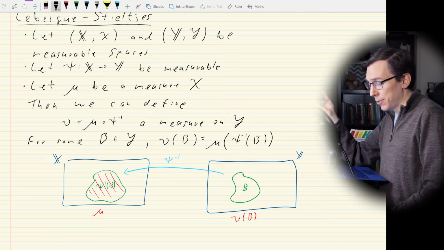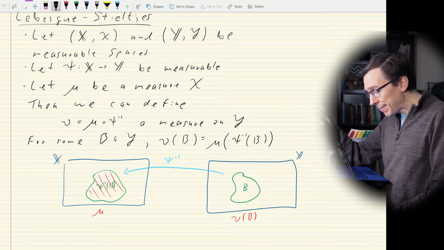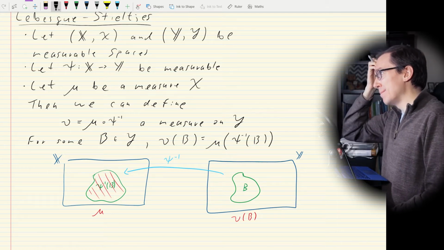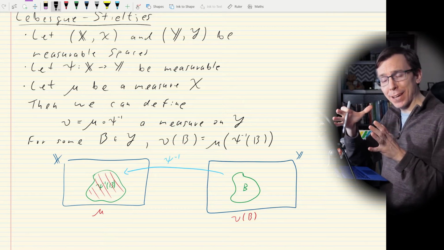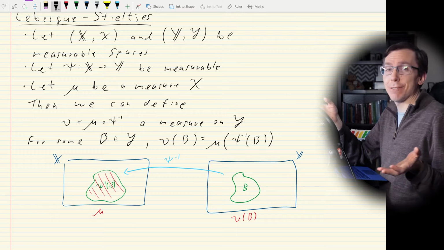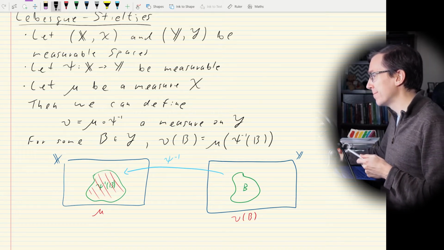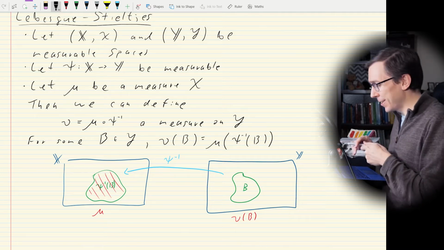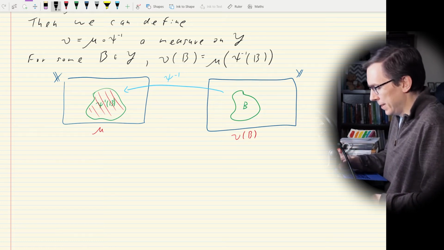So what this means is that really if we have a measure mu, then for any measurable function, we can define a new measure in this way. And what this allows us to do is basically take Lebesgue measure and turn it into the Lebesgue-Stieltjes measure, which is basically every cumulative distribution function that you've ever seen. And that's going to lead to a theorem. And our theorem